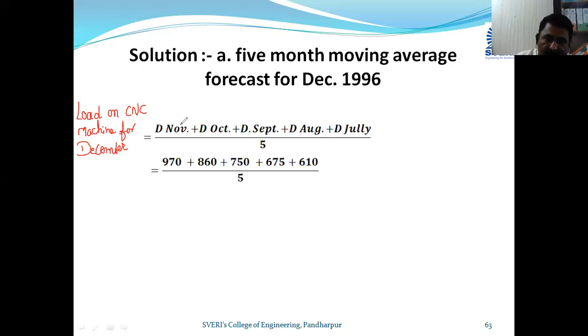So what is taken? It is the demand for November, demand for October, demand for September, demand for August, and demand for July. Divided by 5. So 970 plus 860 plus 750 plus 675 plus 610 divided by 5. You will get the forecast for December is equal to,